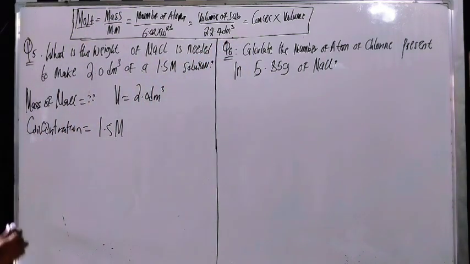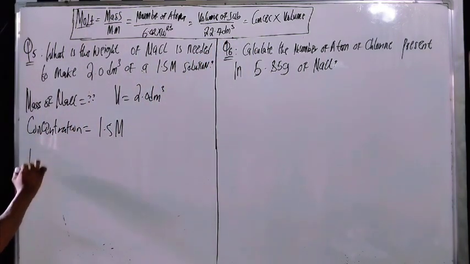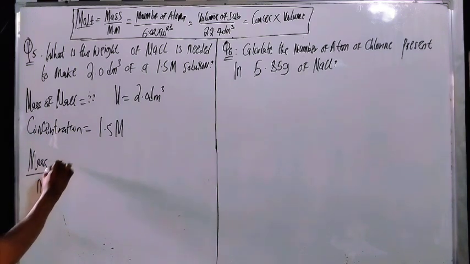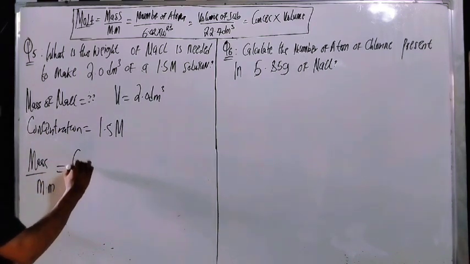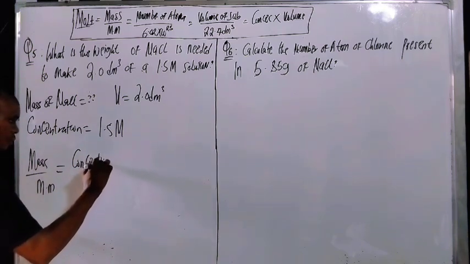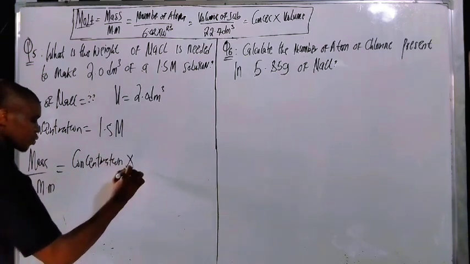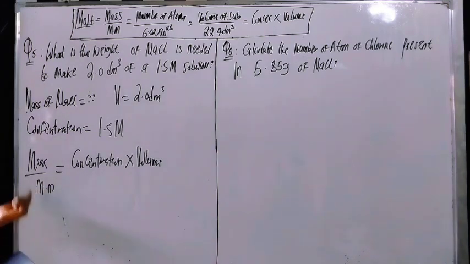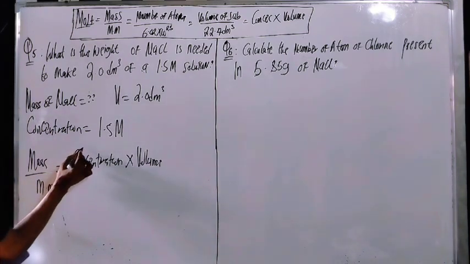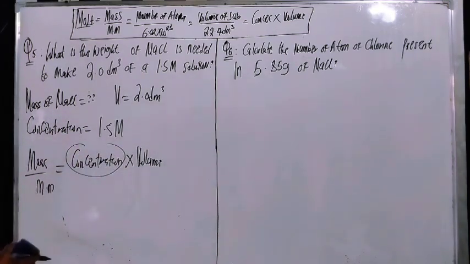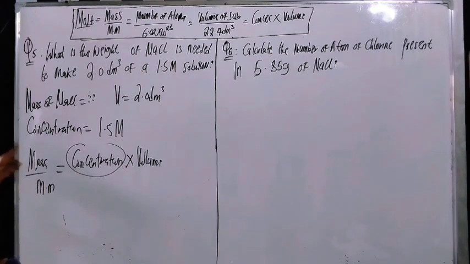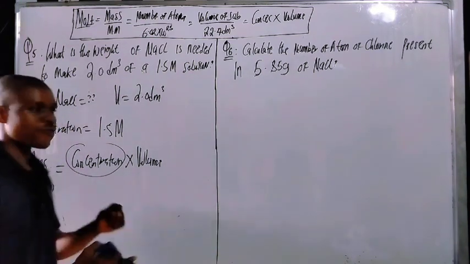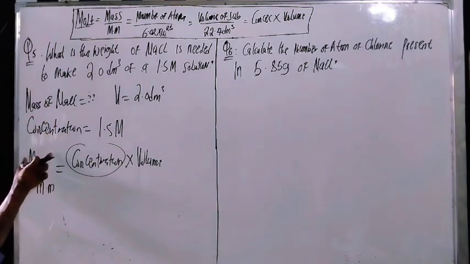So we are using what? Mass over molar mass equals concentration times volume, right? So let's look for the mass. Of course, you have to make mass the subject of the formula here, because they say we should look for mass, right? We are looking for mass. So if you make mass the subject of the formula here,